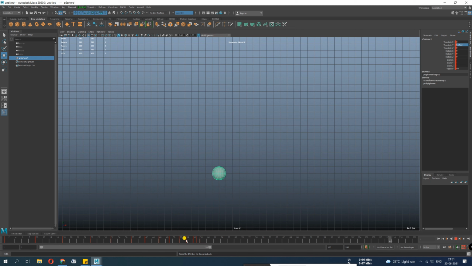I feel like there should be one more bounce, so let's add it. So we have the max. So how about 0.01? Yeah, 0.8 is fine. And it goes back to 0.